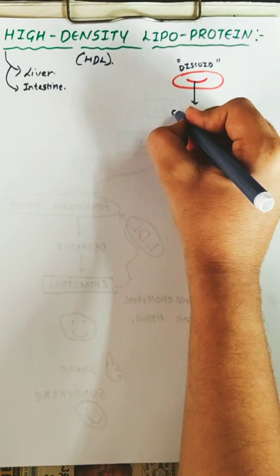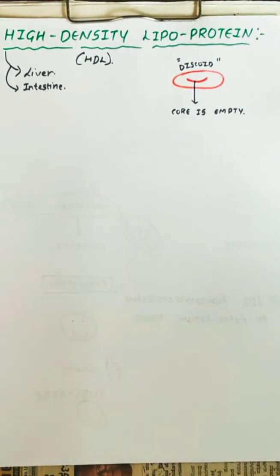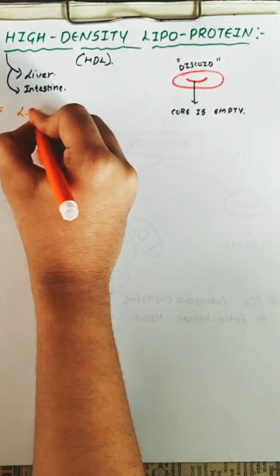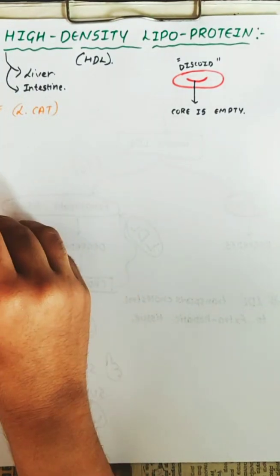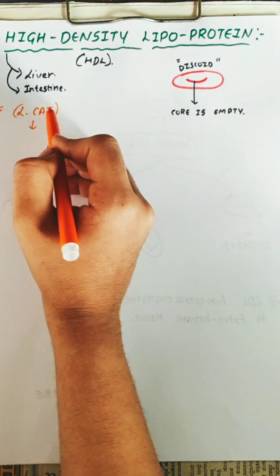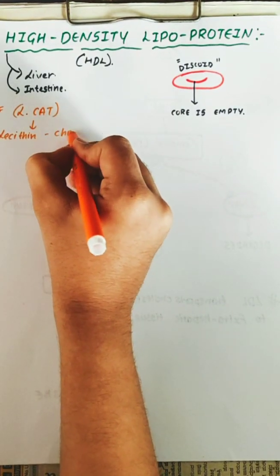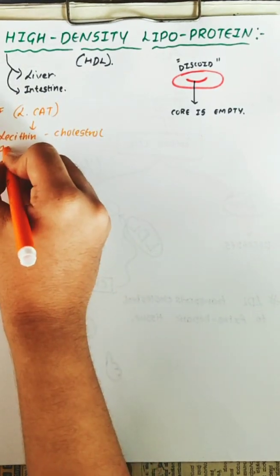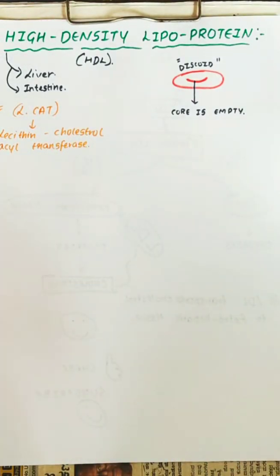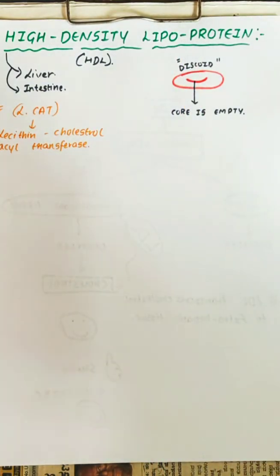And its core will be empty at first. So there will be a requirement of an enzyme in the HDL formation. The enzyme is L-CAT. Remember it as L-CAT. The name of the enzyme is lecithin cholesterol acyl transferase. Remember this enzyme, lecithin cholesterol acyl transferase, is required for the formation of high density